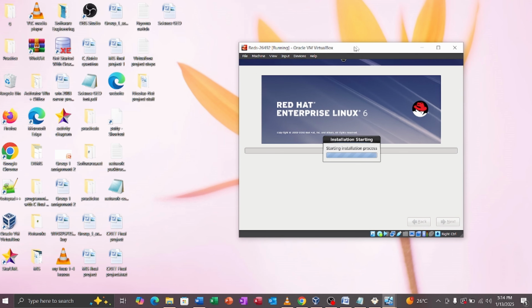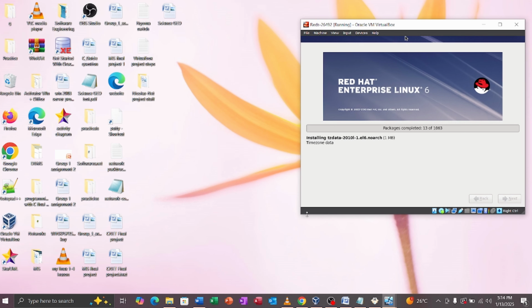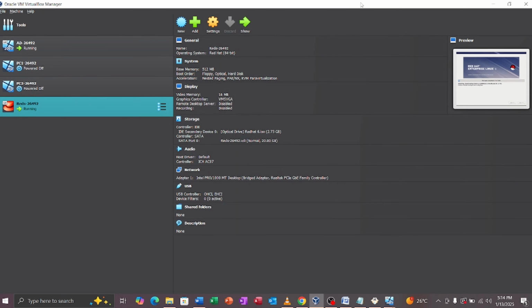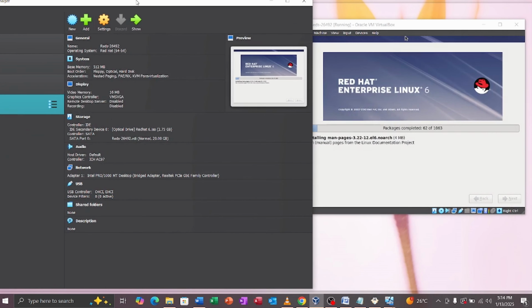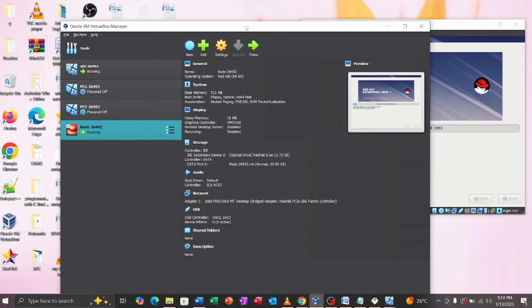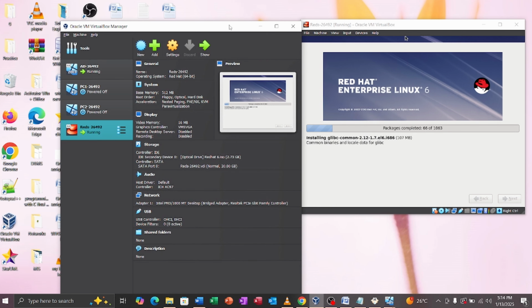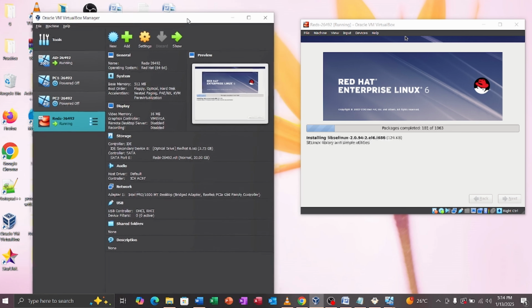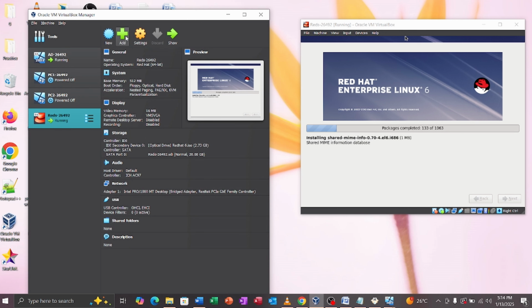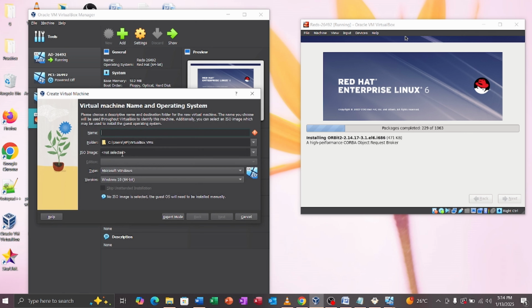Okay, for now I want this to be the server. When it is installing, I can start by installing the client. Okay, I told you, let's not use the clone again. It is better to install it because this will take time. When it takes time, I will be installing the client. Okay, I go by new